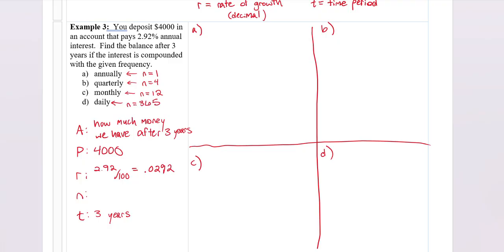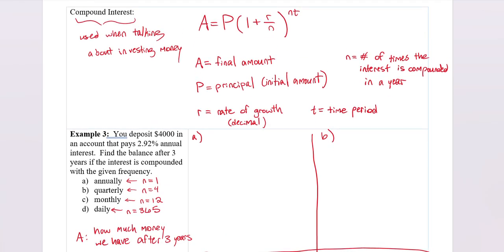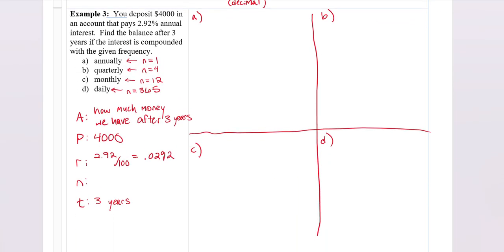365. So what we're going to do is write out all these different formulas using this formula up here. Now, the only thing that's changing with each example is that n value, how many times we're compounding. So here we go. We have A. I'm going to do A with annually. So that's going to be